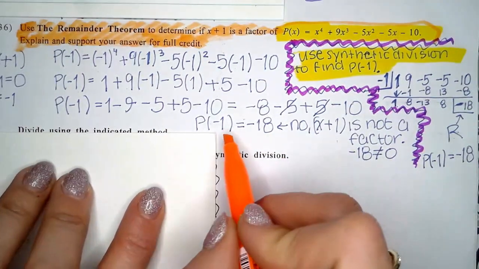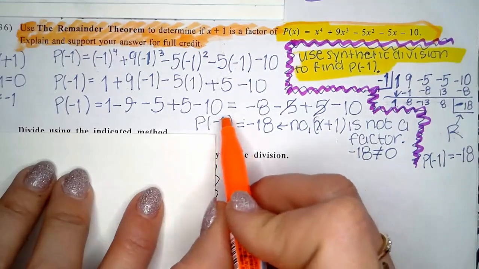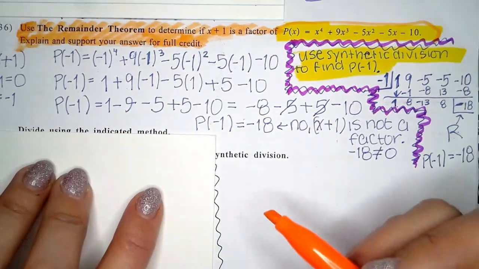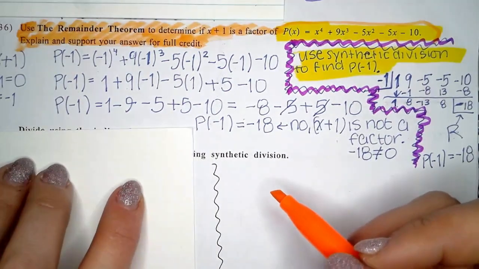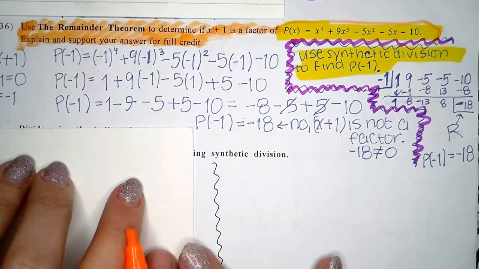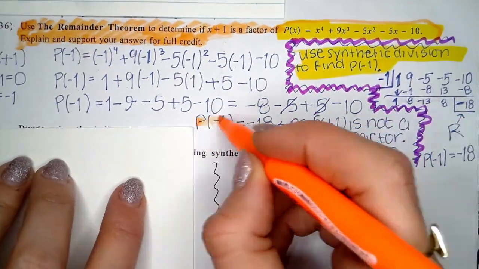That would also mean, really, if you've graphed polynomials, then you would know that x plus 1 is a factor because negative 1 comma 0 is an x-intercept. But I know in some of these classes we didn't go into graphing polynomials yet, others we did, so don't worry about it too much right there, okay? So then this is, in conclusion, the